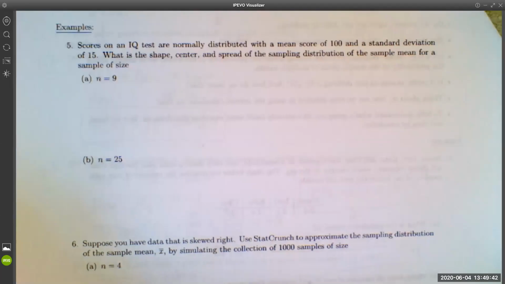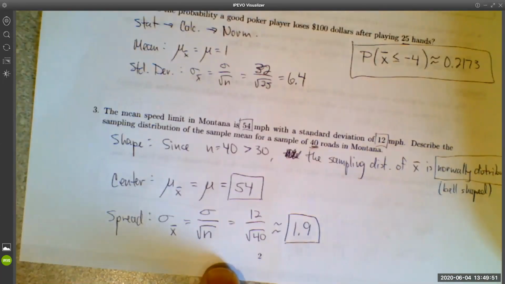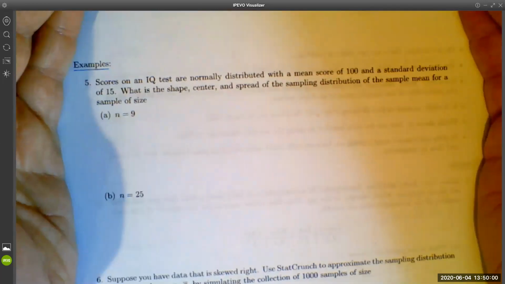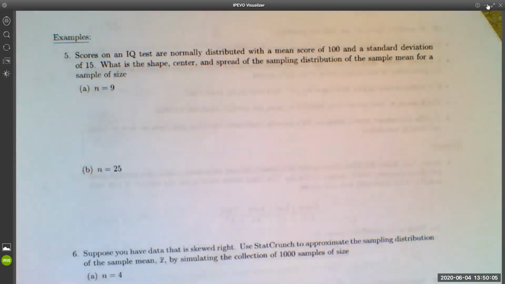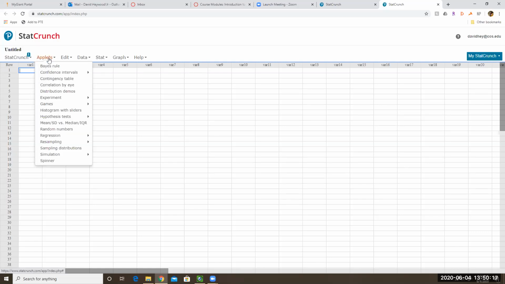When you're actually going through the homework, you shouldn't run simulations to answer the questions in the homework. Just do what we did on number 3. If you were confronted with a problem like this, just do what we did on number 3, okay? But the purpose of this exercise is just to convince you that those formulas actually work. And I'm going to convince you of it by looking at some simulations. So again, going to StatCrunch. To run this simulation, you don't have to follow along. You can just watch what I'm doing. If you want to follow along, you can. But I'm going to go to Applets, and I always have to try to recall how this works.